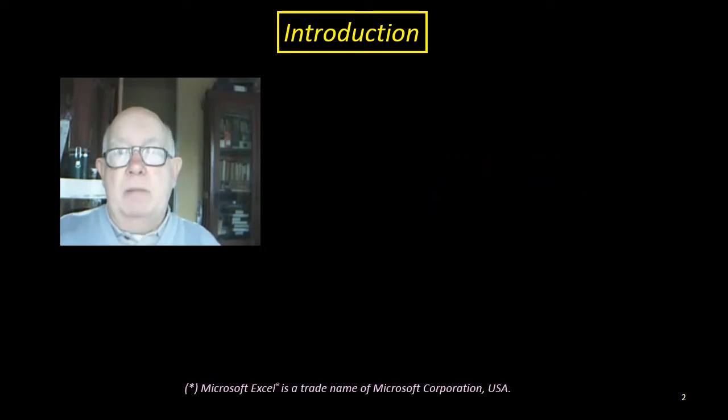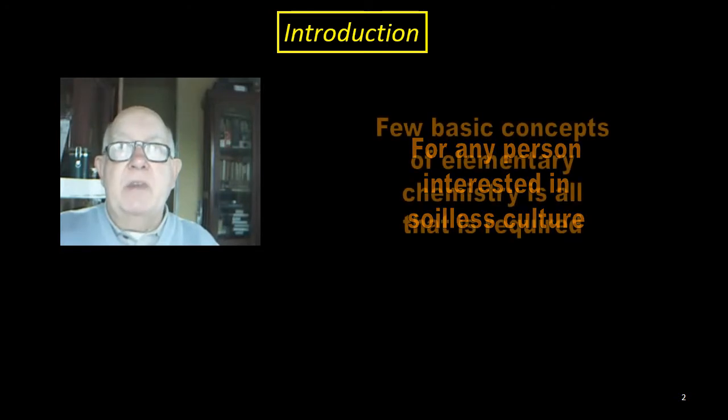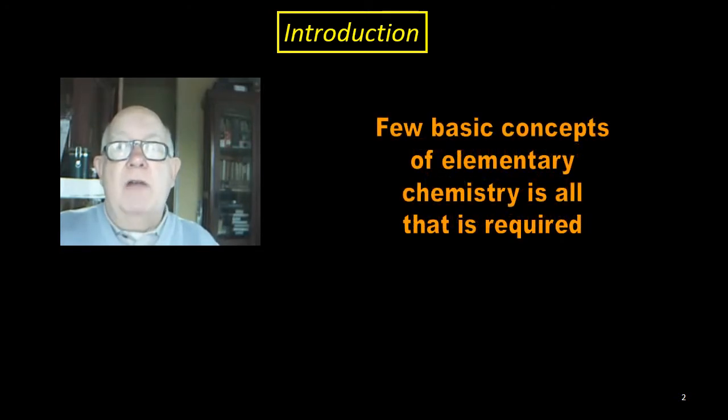Vitaran HC is a software program designed to calculate and/or analyze nutrient solutions for hydroponic and other agricultural uses. Calculations are done using the Microsoft Excel spreadsheet program. This software is suitable for all levels of user: hobby, commercial growers, researchers, in fact, any person interested in soilless culture. Minimum knowledge, limited to a few basic concepts of elementary chemistry, is all that is required to use this